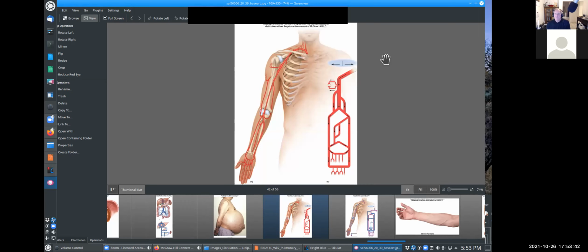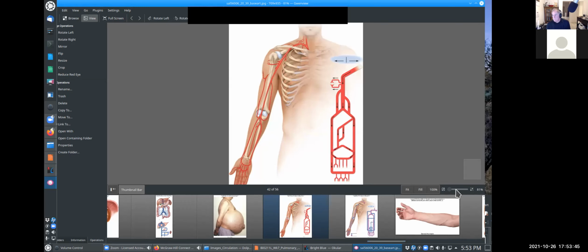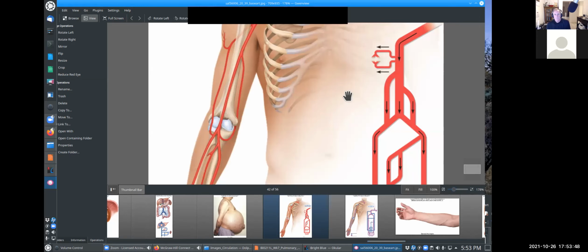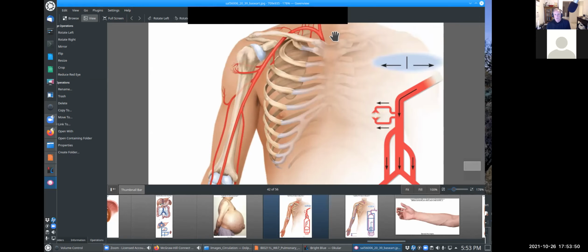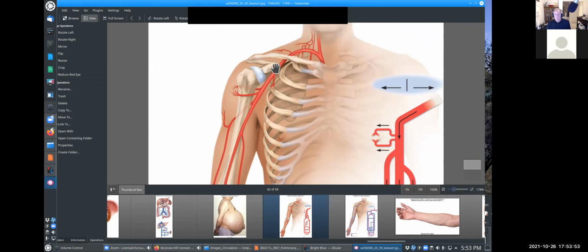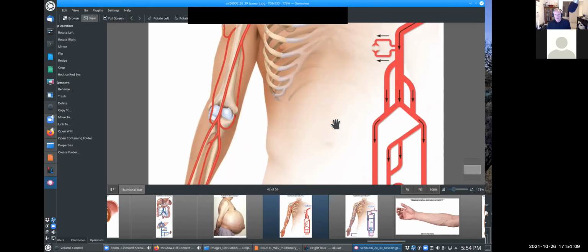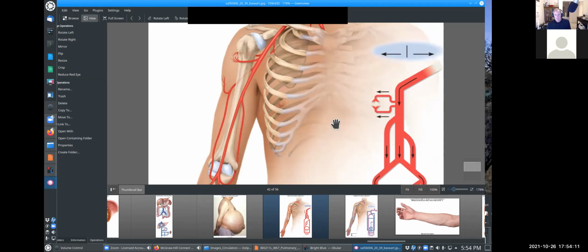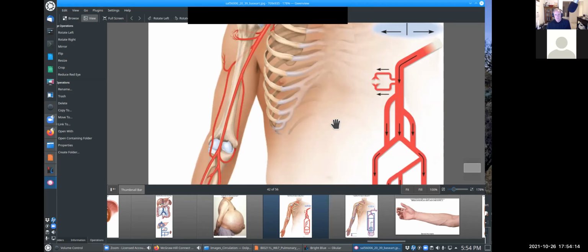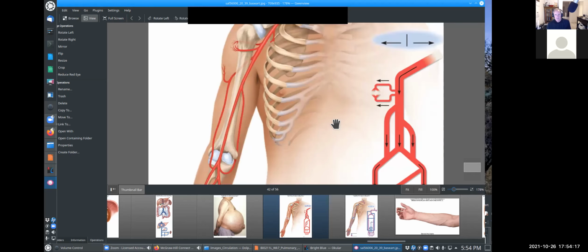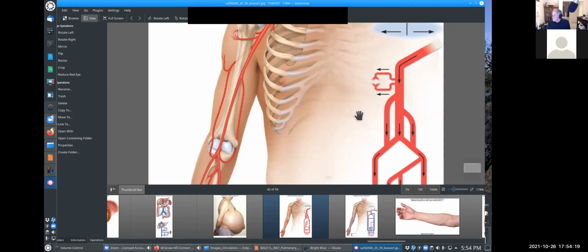So let's look at the arm. Let me blow this up. Okay, so you're looking at the subclavian. Yes. Correct. And what's that artery called when it gets here? Axillary? Axillary, that's right. And in actuality, and I don't know that I made this clear enough, but it's actually, from what I can see,